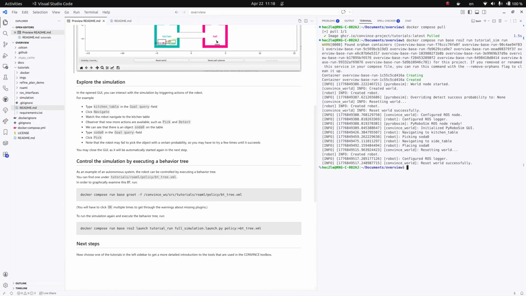But ultimately, of course, we want to make this example an autonomous robot, so we need a system that controls the robot, and for this we provide behavior trees that can control the robot. If you look again in the tutorials folder, in the ROML folder, and then in the policy folder, you can see 3 different XML files that each represent a behavior tree. If we start with this bottom one,